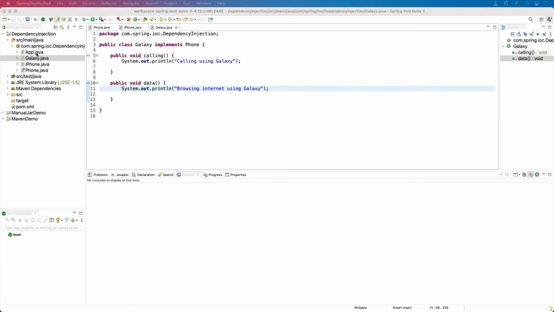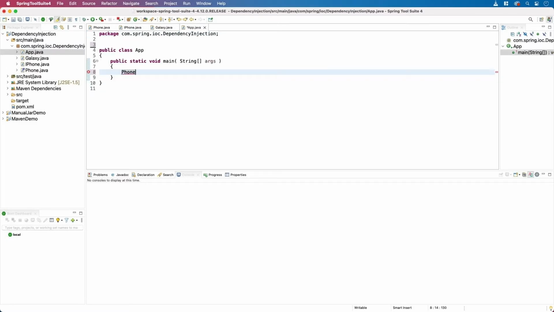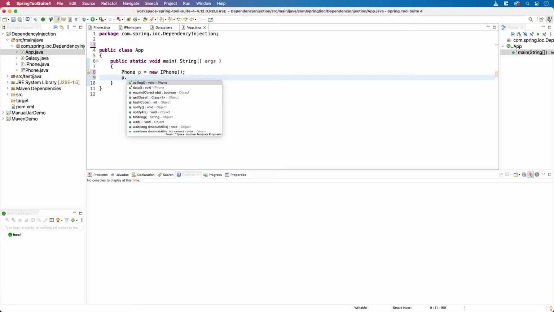Next thing that we want to do is actually create the code to use it. So what we'll want to do is get rid of this hello world statement here. And we're going to create an instance of the phone that we want to use. So let's say we want to do it with the iPhone. Now using the interface phone, we're specifying specifically that we're going to create an instance of the iPhone. And now we can invoke our methods such as calling